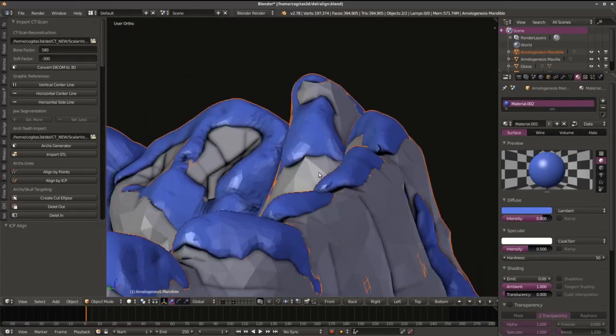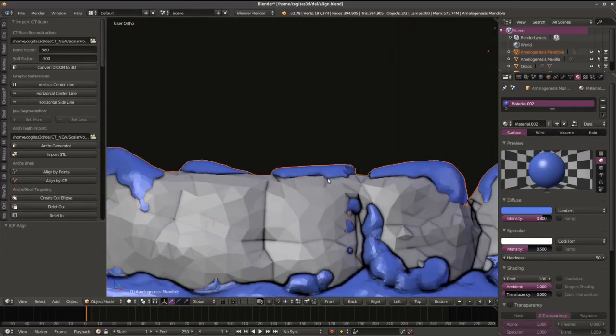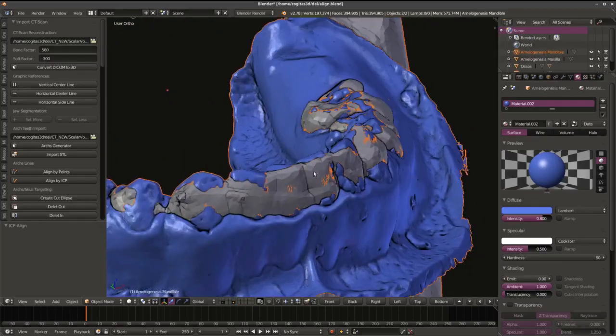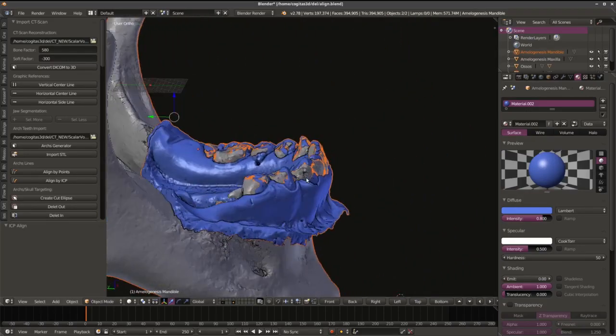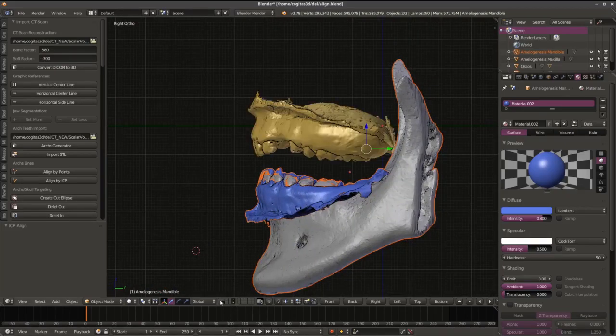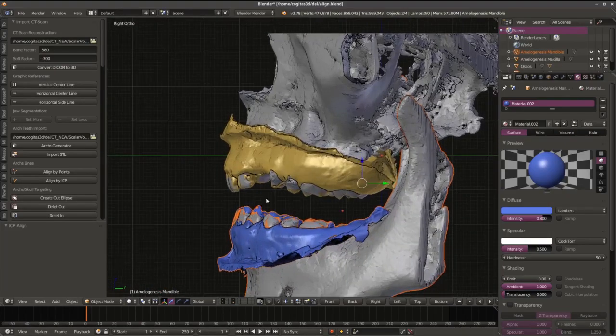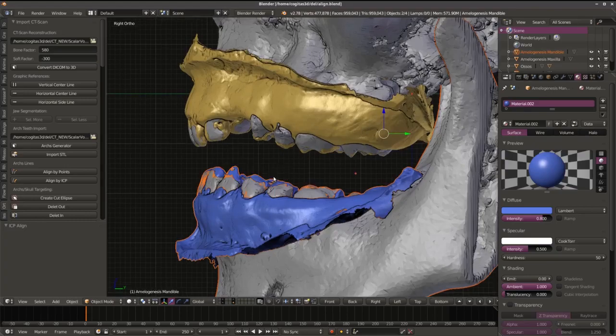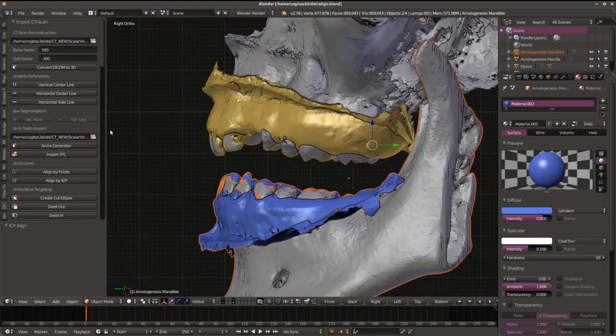model is thinner than the CT scan reconstruction. Okay, right, so we have the two models aligned, the upper part and the lower part. I will save it, and now I will create